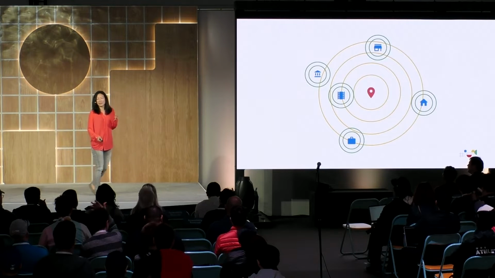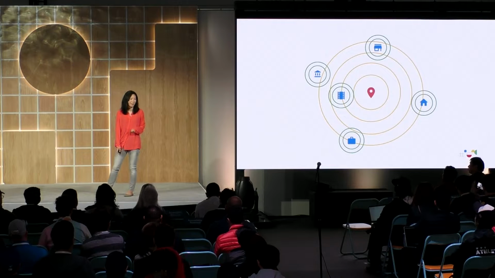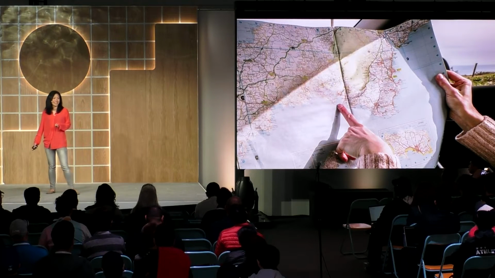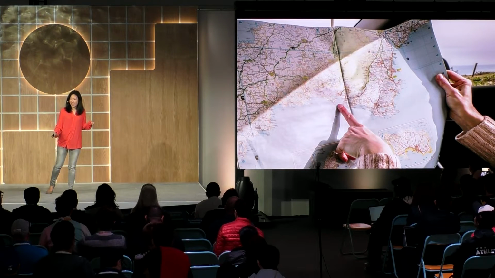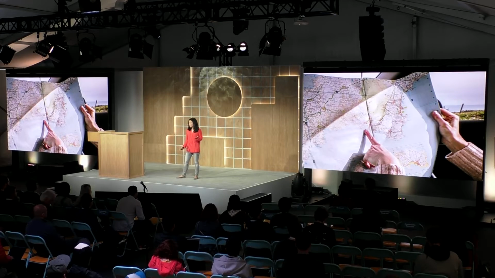Location data brings some of the most useful and rich and amazing experiences to users on mobile devices. Things like turn-by-turn directions. When was the last time you pulled out a paper map to figure out how to get from point A to point B? And if a road was closed, rerouting was pulling over to reconsult your paper map. Or, worse yet, having to actually talk to somebody to ask for directions.